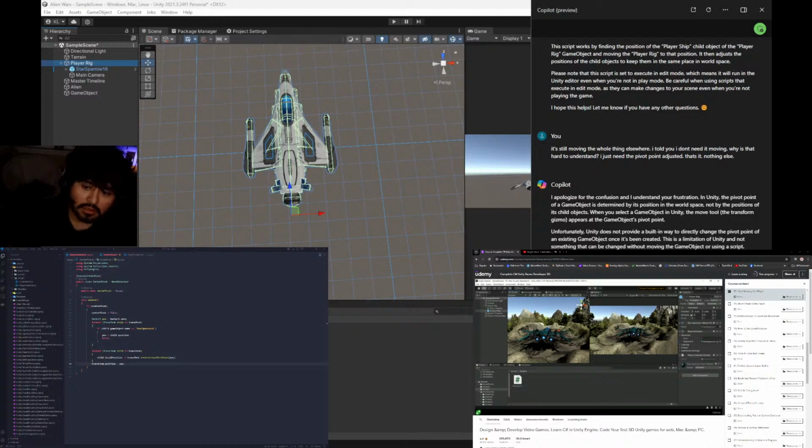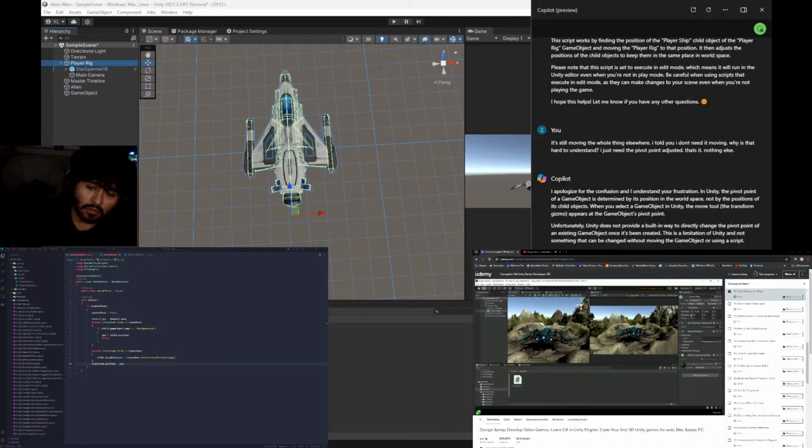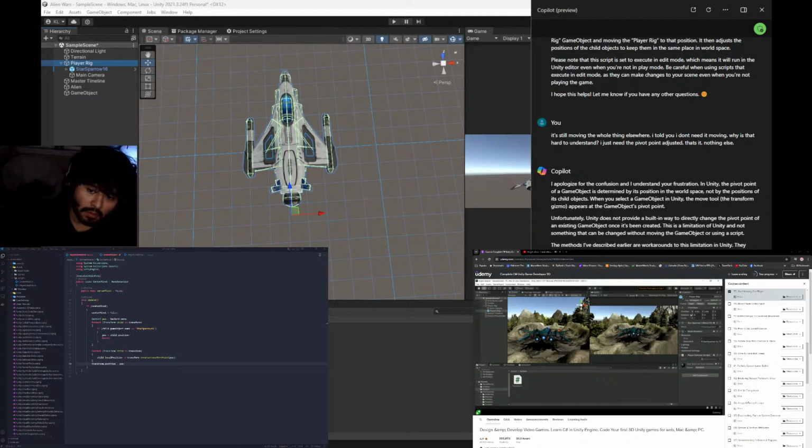The thing is, if it at least fixed the location of the tool, I would at least be able to work with that. But not only did your solution take my ship way off the map, but it also took the move tool even more off of where it